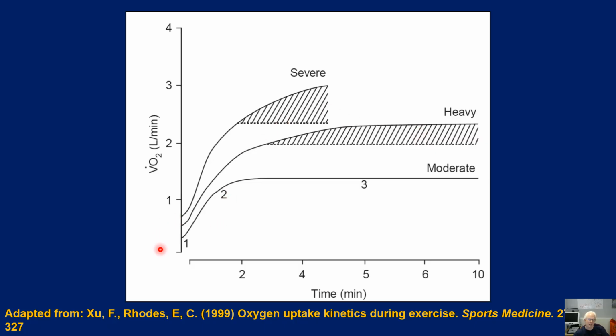In the severe domain, notice no steady state ever occurs. There's more and more anaerobic energy being borrowed. This is what the deficit represents. It's the borrowing of anaerobic energy until VO2 rises to its maximum value, which is the point of volitional exhaustion at VO2 max. So it really does lend itself to our understanding about economy, that economy really can only be reliably assessed in the moderate and the heavy domains, but only in the heavy domain if the exercise duration for each trial is long enough to account for the VO2